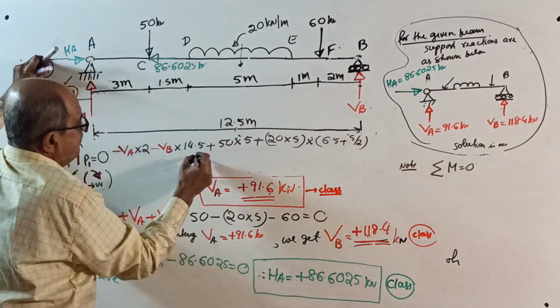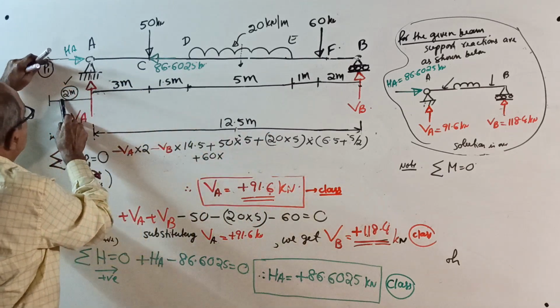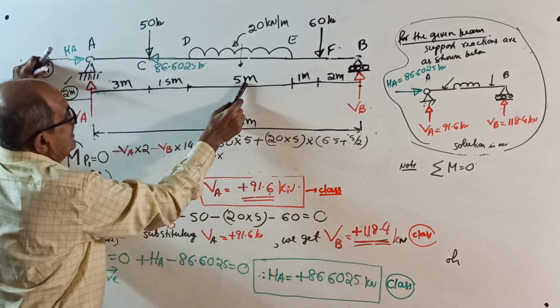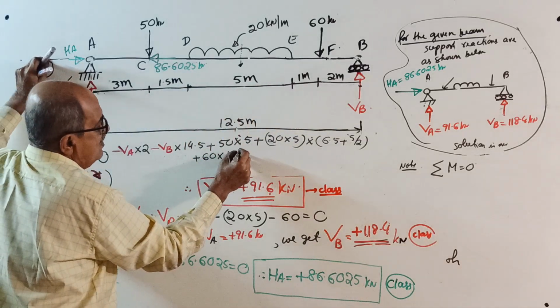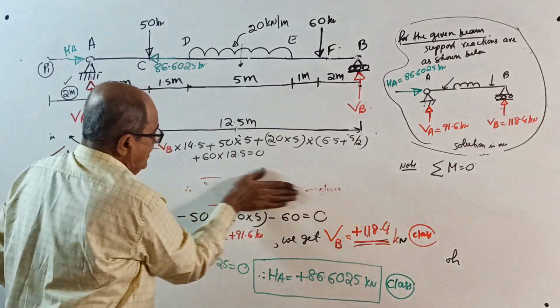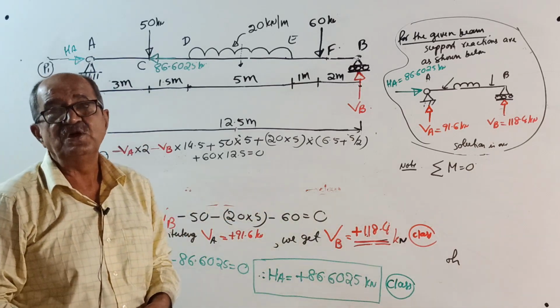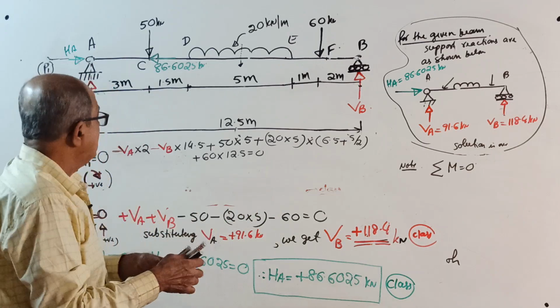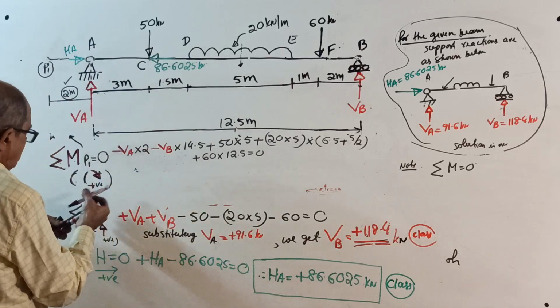Then plus 60 into 2 plus 3, 5, 5 plus 5, 10, 10 plus 1, 11, 11 plus 1.5, 12.5, 12.5 equal to 0. This time what will happen is VA, VB both come. This is the disadvantage. Never do it. You will get an equation now. Therefore you will get,